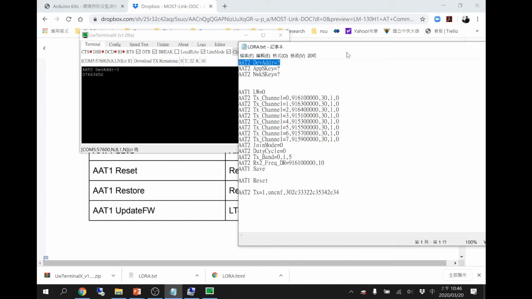This one, APP's key, and this is the NWK's key. Every module has a unique key and address. Okay, so first we need to check the address and the key because